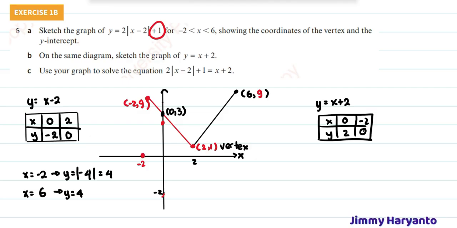-2, 0 is right there. Oh no, never mind, use your graph. Yeah, we have to sketch it accurately before, maybe using the graph paper, so later we can answer the 6C. And then 2 right there. Okay, so this is our line for question B. Unfortunately, we cannot solve 6C because I don't use the graph papers, so let's skip 6C.